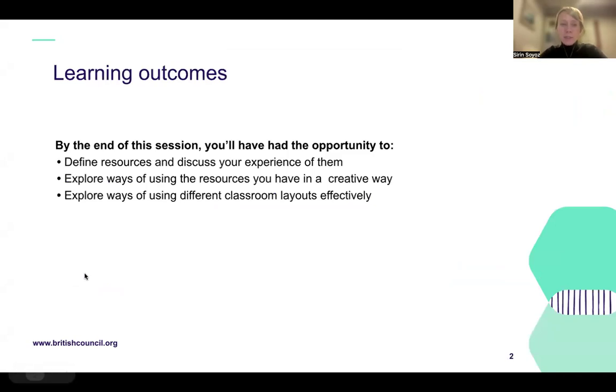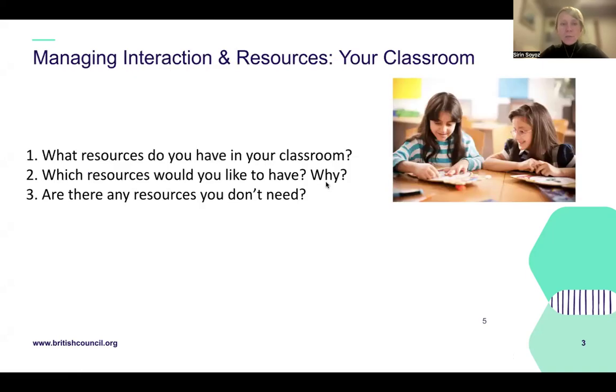So here are the learning outcomes. By the end of this session, you will have the opportunity to define resources. We will discuss our experience with them and then explore ways of using resources in a creative way. And we will also look at different classroom layouts and how we can use them effectively. So let's start with the first